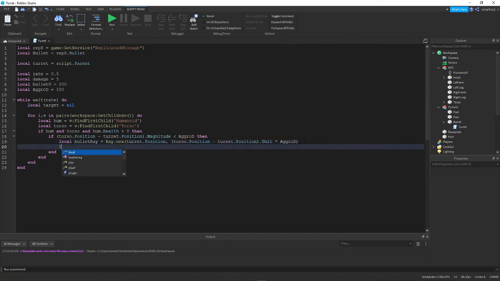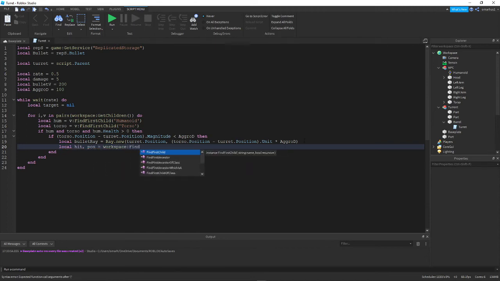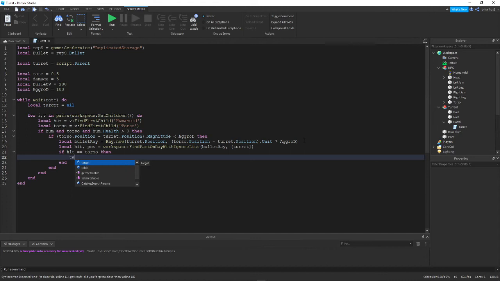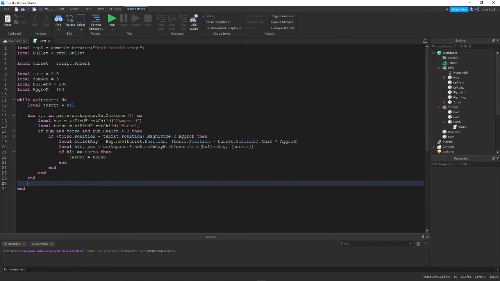Now we can make another variable, local hit, comma, position equals workspace find part on ray with ignore list, and we're going to do a bullet ray and the turret. And now we're gonna do an if hit equals torso, then target equals torso. And we're not done yet, so what we just did here is if the bullet's raycast hits a person,